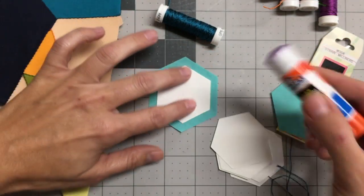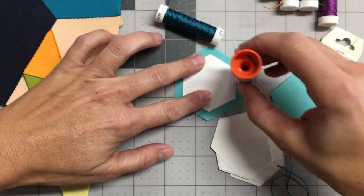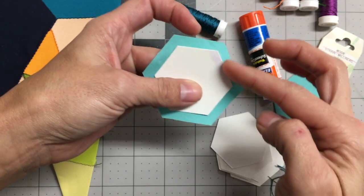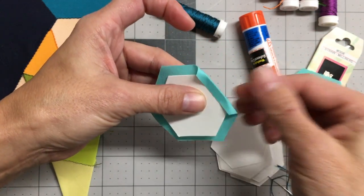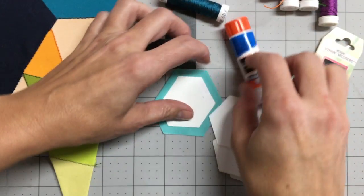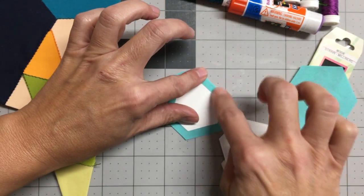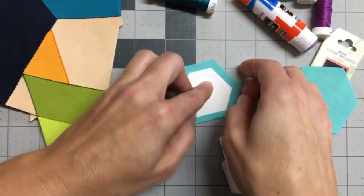So I keep that in place, and then I'm going to go ahead and put glue across the edge of the paper. I try and avoid getting it at the top edge of the hexagon just so it doesn't stick to the fabric too. And then kind of go around. You can do every other or every one. It doesn't really matter. There's no wrong way to do it. I am going every other